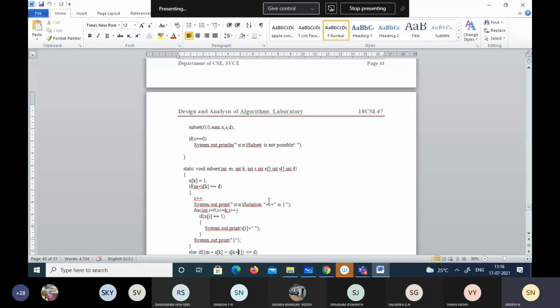Okay, now what do we do? We have this x of k equal to 1. According to this, the m value is 0, the k value is 0, sum is an array and d an integer.